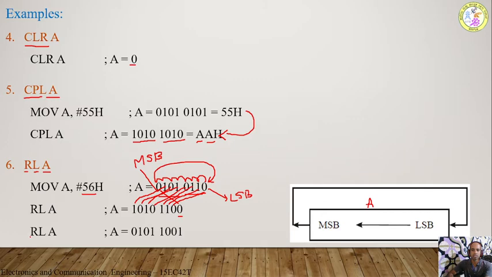Again I will do the rotate instruction, so again all the bits are rotated left by one time. This is bit 0, this is bit 1, bit 2, bit 3 and so on up to bit 7. Bit 0 will come to the bit 1 position, bit 1 will come to the bit 2 position, and so on, and the MSB bit will come and occupy the LSB position. See here, the MSB bit comes and occupies the LSB position. So this is how we can do the rotate operation, that is, rotate left.